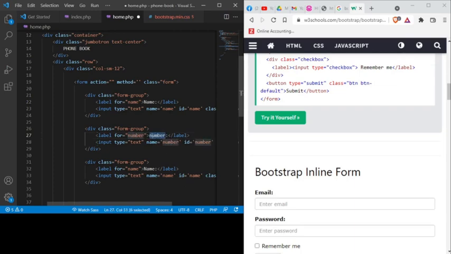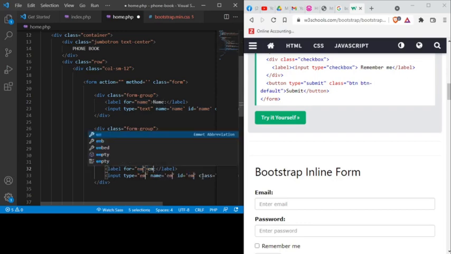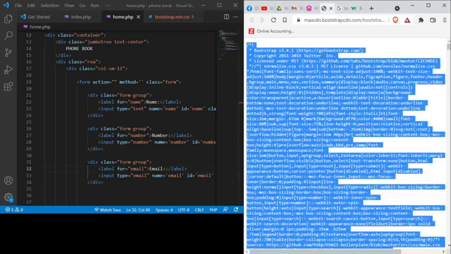Great. So come here, given that number should be number. Great. We'll come here for email, right? Email, we do this. Alright, email. I save. When I come here and I refresh,